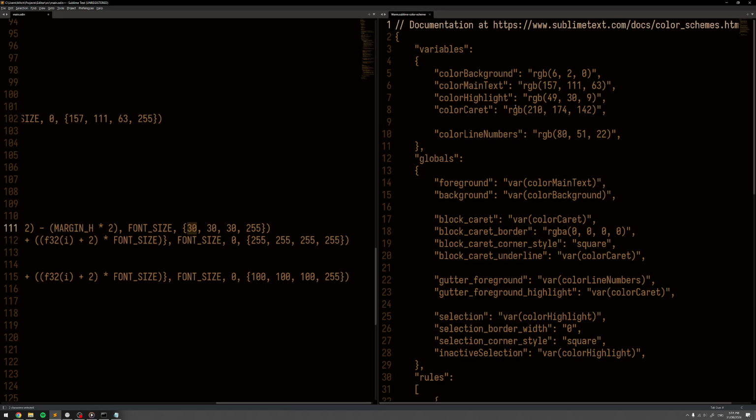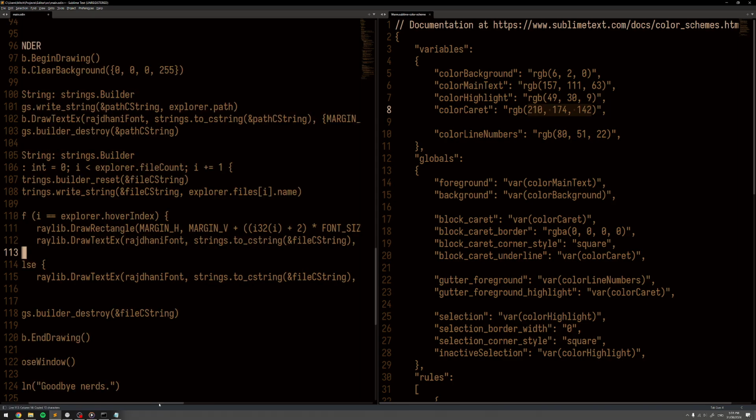We have our rectangle, which will do our highlight color. We have our hovered file, which will do color of the carrot. And we have